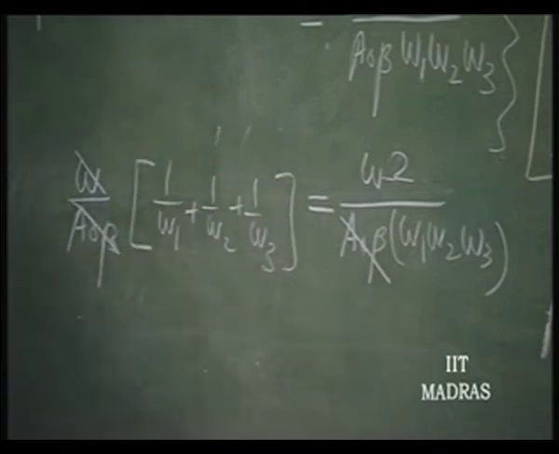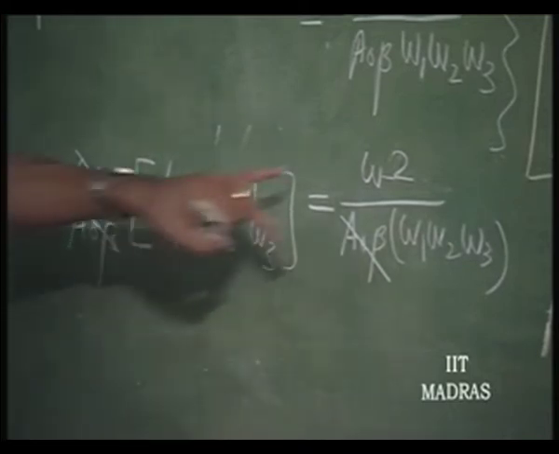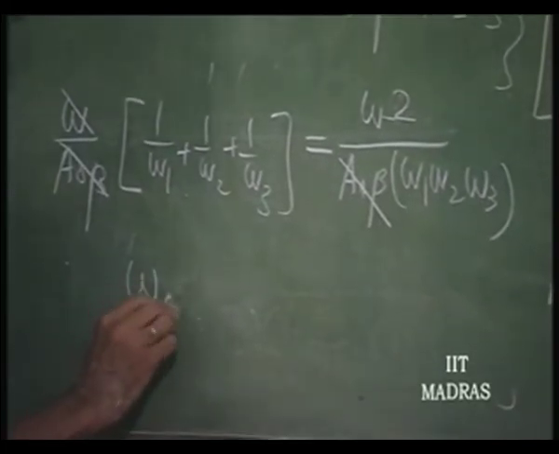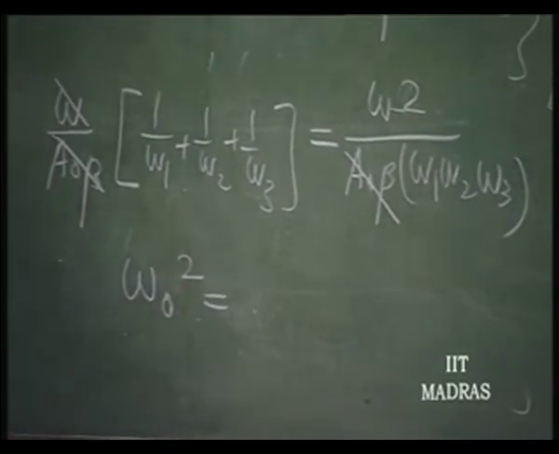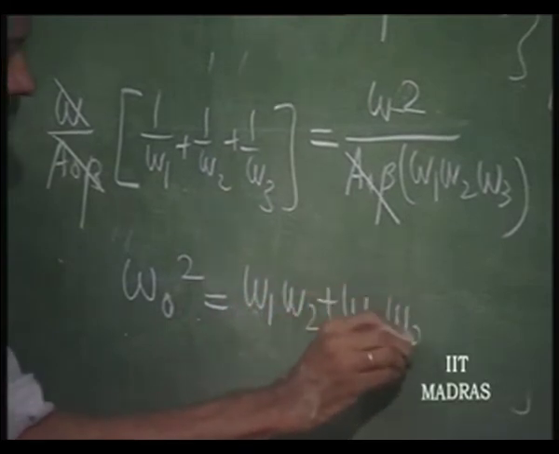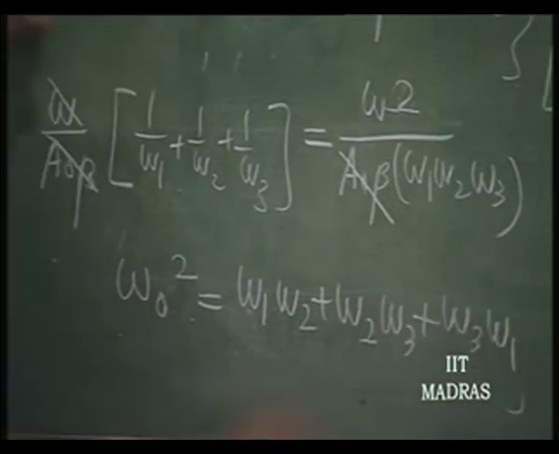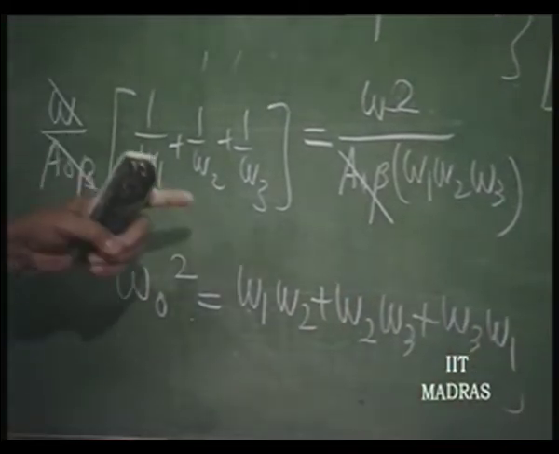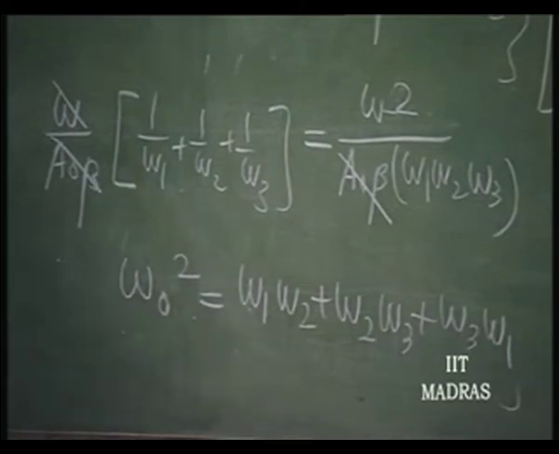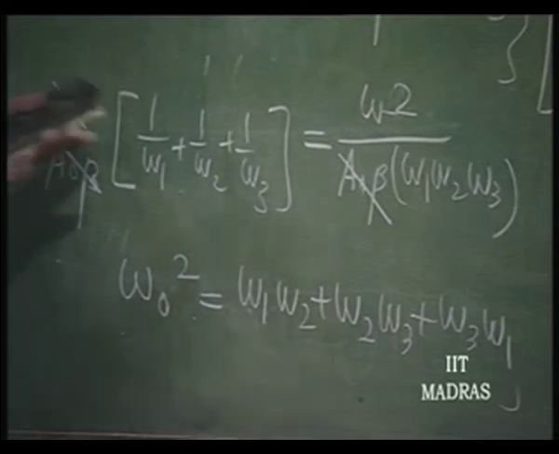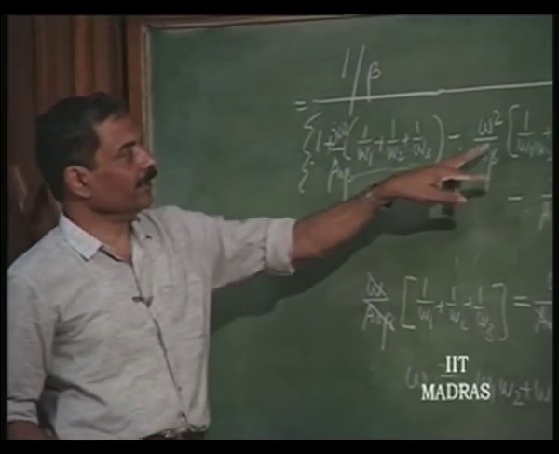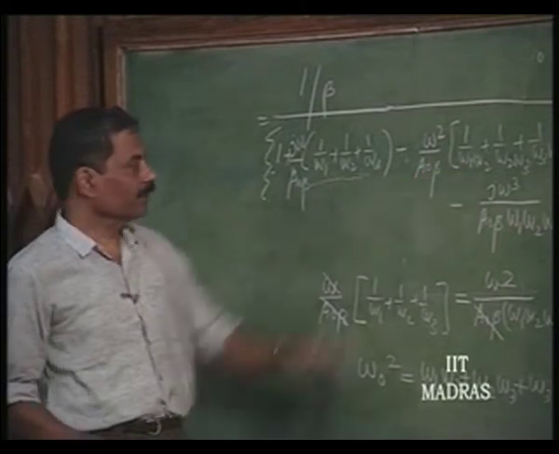So, that is the frequency at which omega naught squared is equal to omega 1 omega 2 plus omega 2 omega 3 plus omega 3 omega 1. This is the frequency at which the phase shift becomes equal to 180 degree, and at that point the amplifier with feedback will have a gain going to infinity. How does it become infinity? This particular thing becomes equal to this, right. That means, this is already 0,